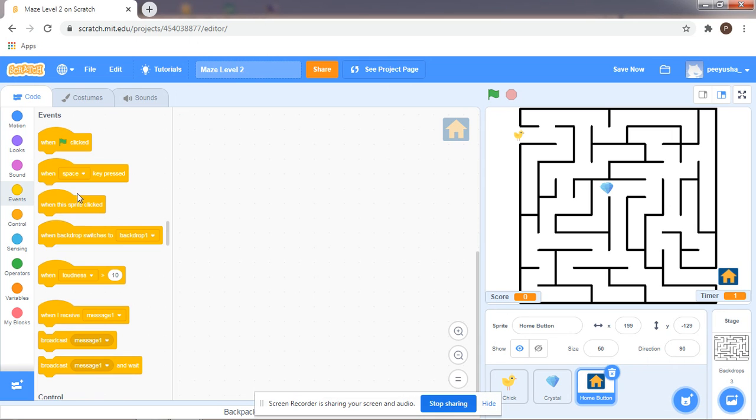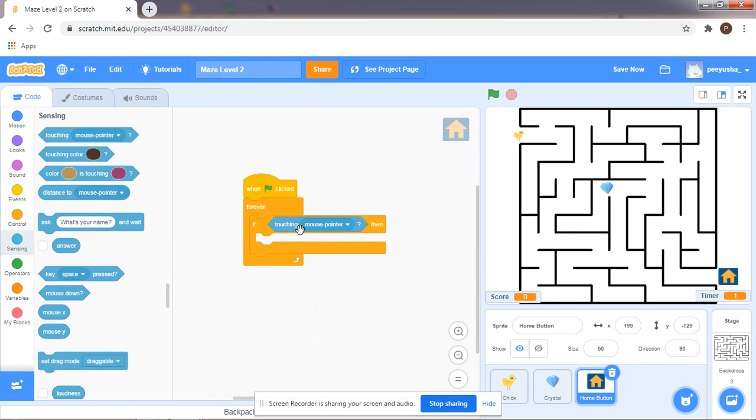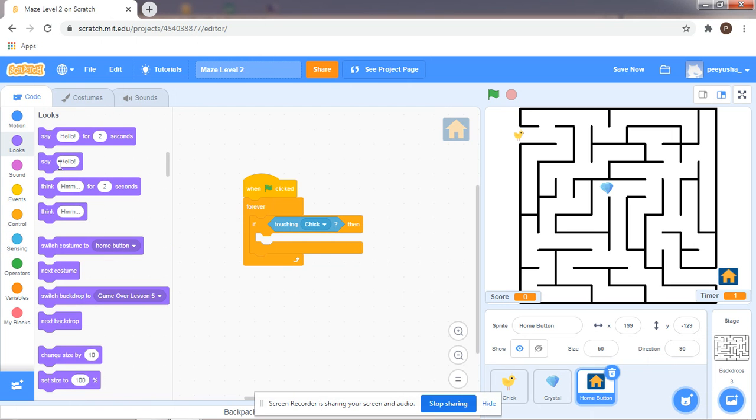So again, from events, drag and drop when green flag is clicked, then go to control, forever, inside forever, an if statement, then go to sensing, if my home is touching the chick or the character that I'm running, then what's going to happen is, it is supposed to say yay, you won,